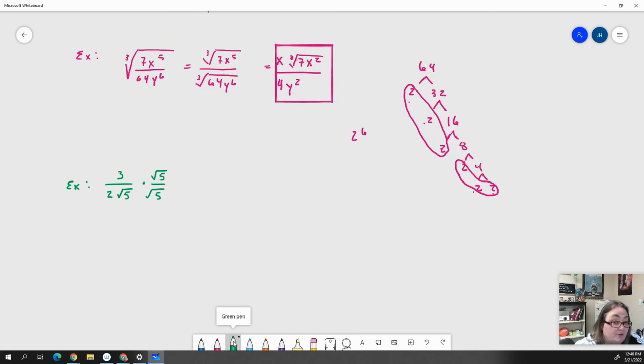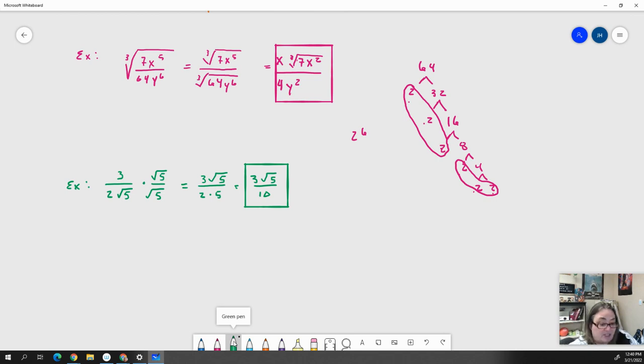Square root of 5 over the square root of 5, because when I multiply the square root of 5 times the square root of 5, I get 5, right? And so this would be 3 radical 5 over 2 times 5, which is 3 radical 5 over 10. So not too hard when you've got a single one working like that, but sometimes